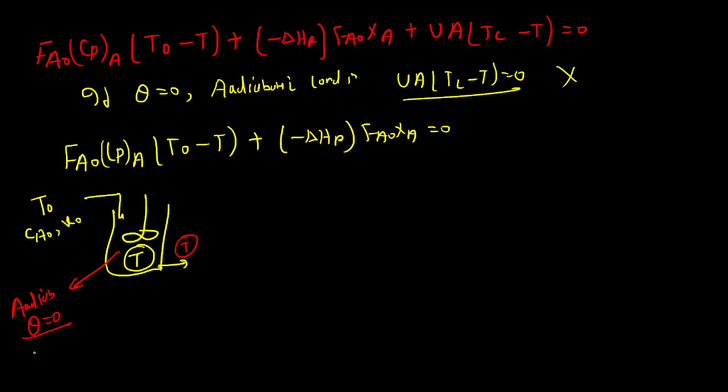So Q will be 0. I am also assuming W is also 0. Shaft work is 0 for this particular condition. Otherwise, if something is given, if shaft work is given, then we'll have to subtract that shaft work. So can I write here